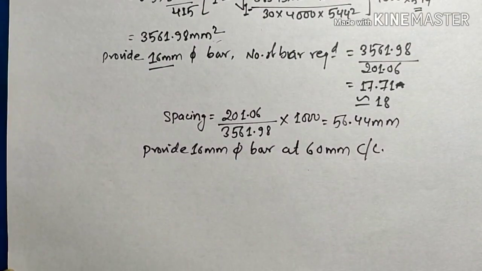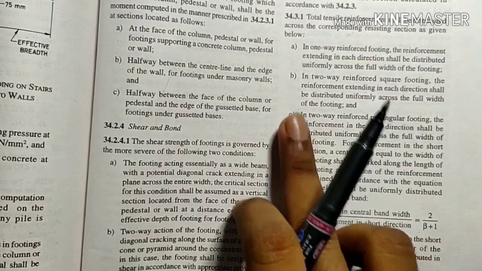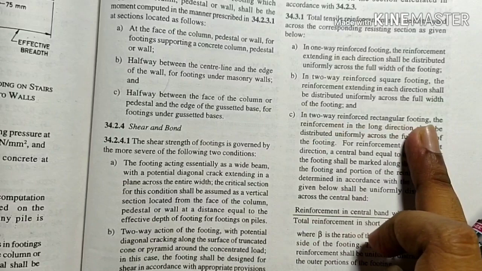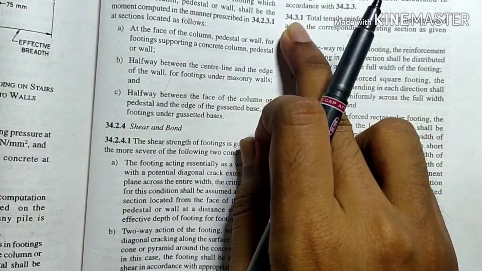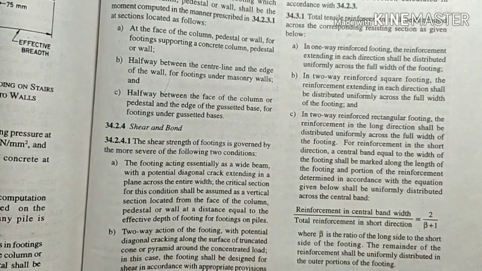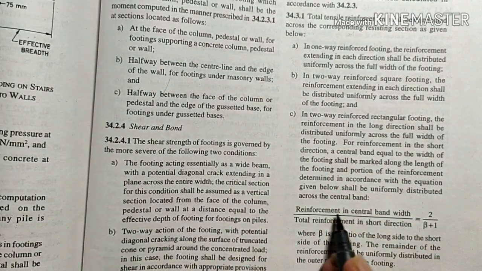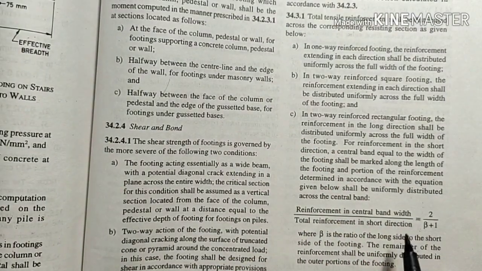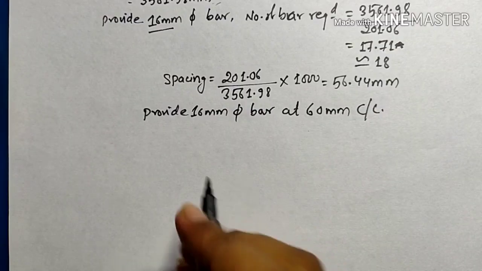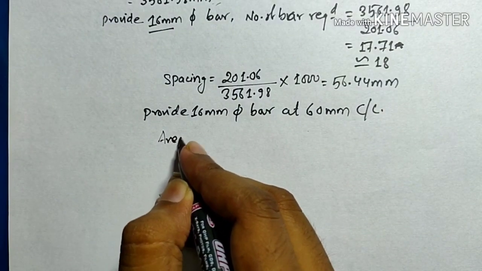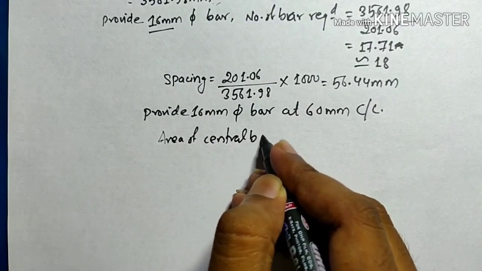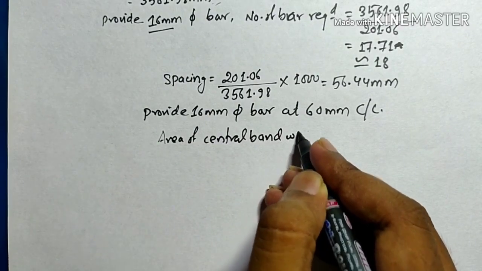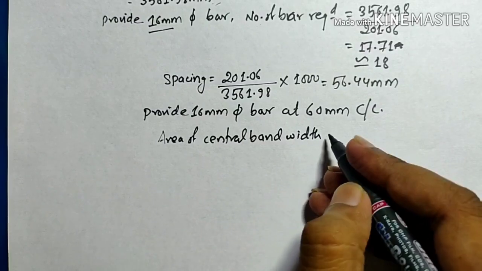And here for the two-way reinforcement of rectangular footing, we have a separate provision in 34.3.1 C, which is we need to find the reinforcement of the central bandwidth. So let's find it out. So area of central band width, let it be denoted by AST2B